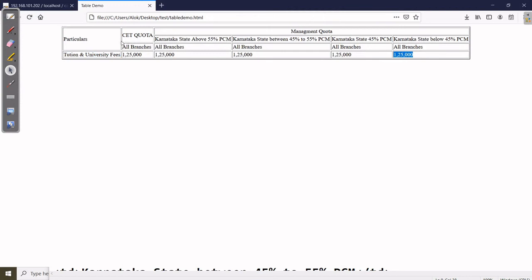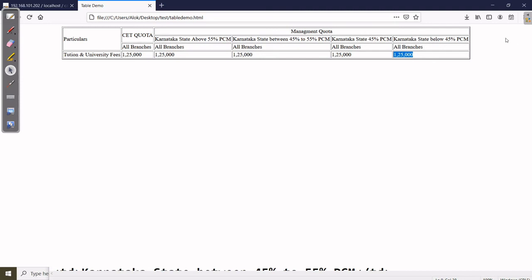So in this way you can use row span and col span, and row span and col span is very important but very simple in table designing. You should only know how many maximum columns are there, which columns and where the columns merge, where the rows merge, then the coding is very easy. Otherwise this is a complicated task for you, okay.